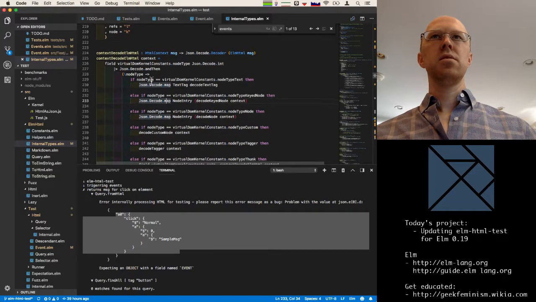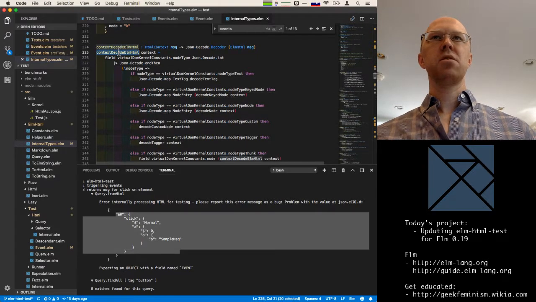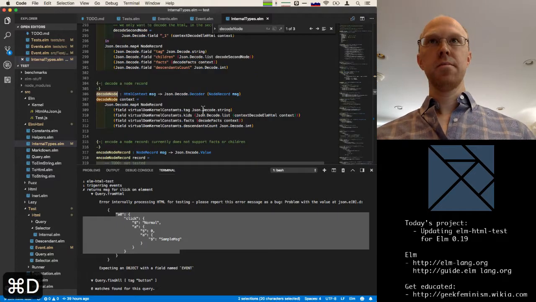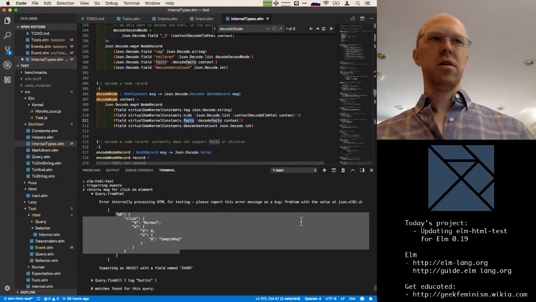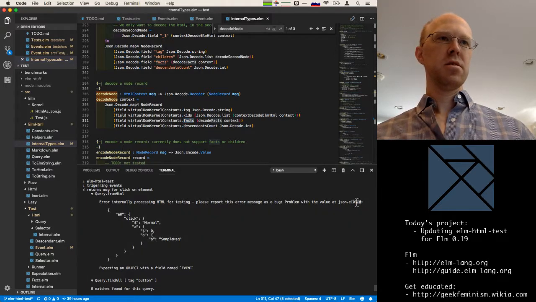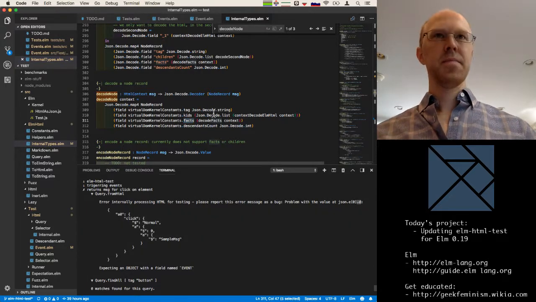So let's kind of start from the top decoder. If it's a node type, then we go, oh, if it's text, we do text. Where's the normal node? Here's the normal node decoder. And here's the facts decoder. And we saw that this D field contains the facts.